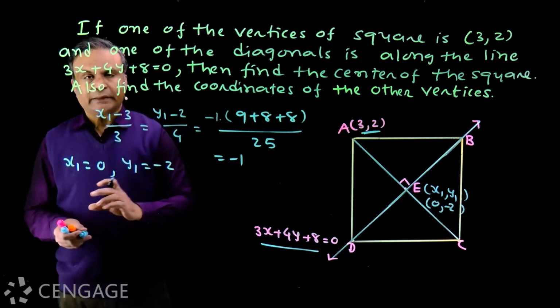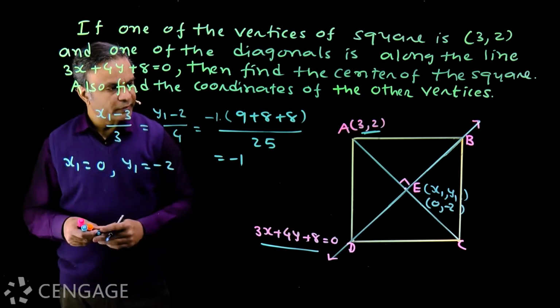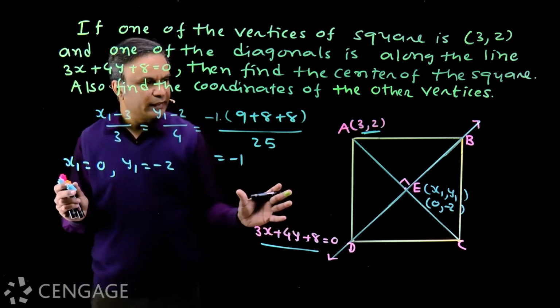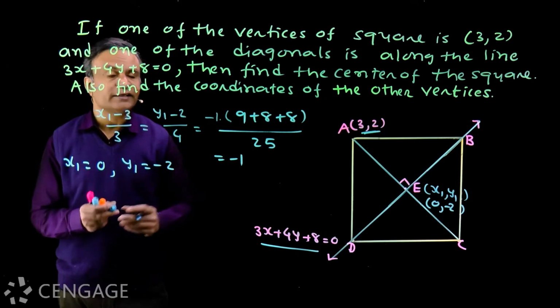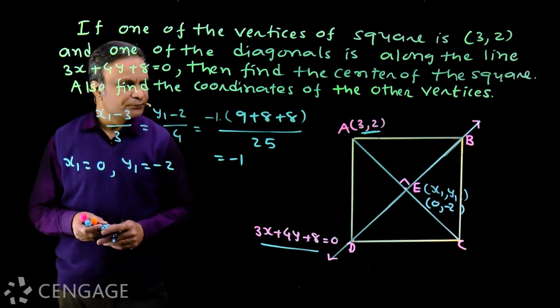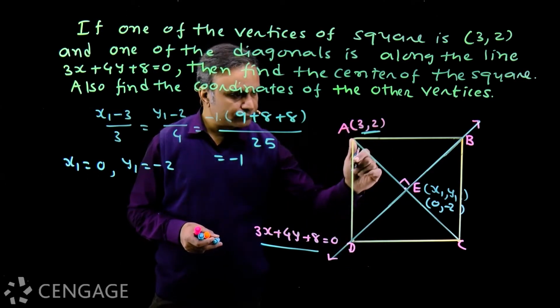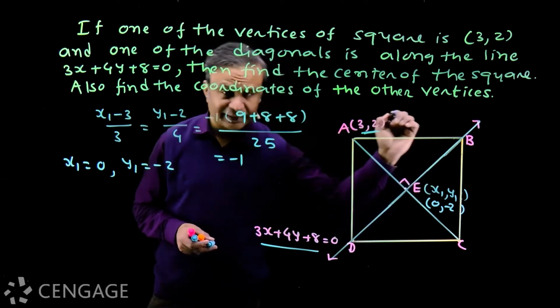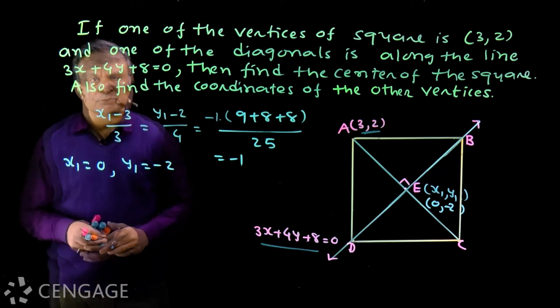So using the formula of getting coordinates of foot of perpendicular from a point on the line, we are getting these coordinates easily. Otherwise you have to get the equation of this straight line, then you have to solve it with this straight line. So the work gets done a little faster from here.